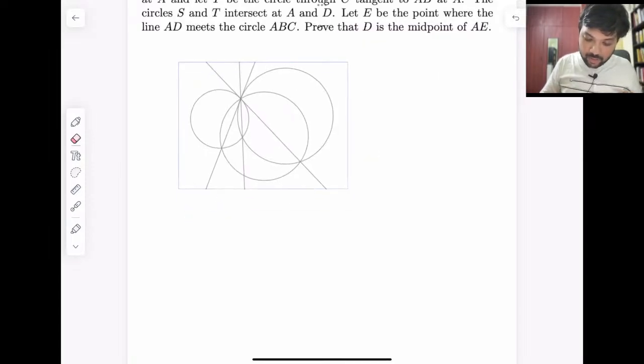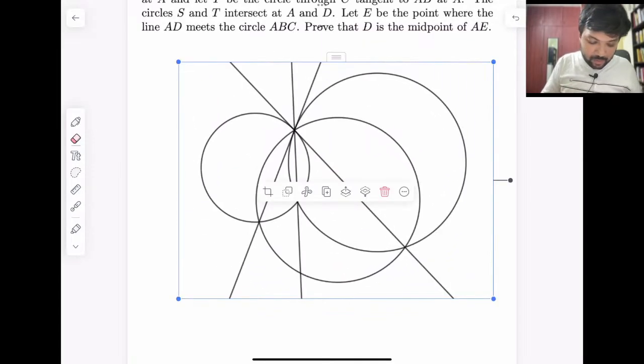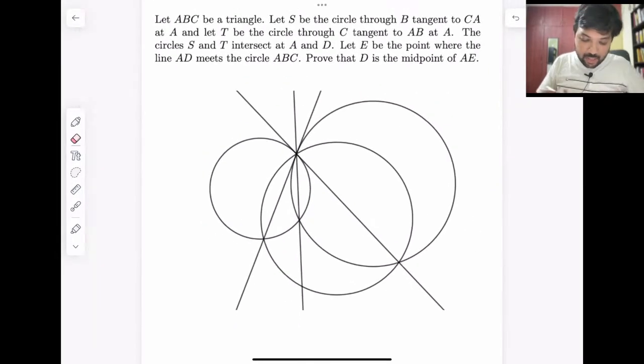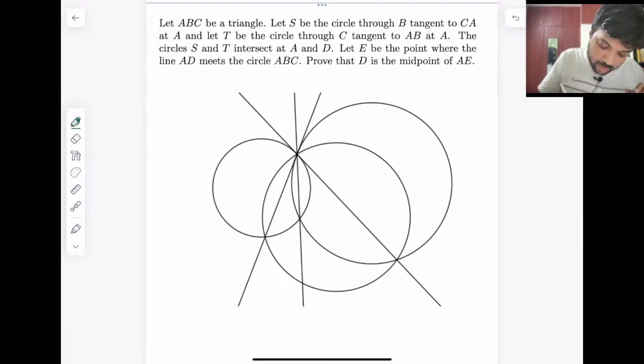Great. Okay, all right. So let's now solve the problem. Please let me know if you don't follow at any point. Okay, so let me label all the points now. This point here is A, this point here is B, this point here is C. So now we have the triangle